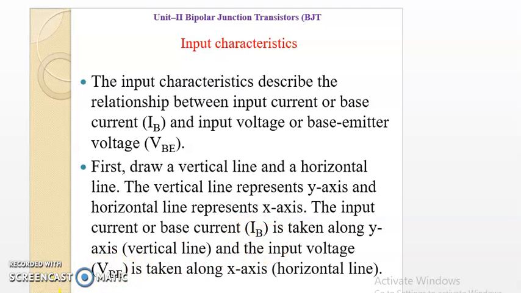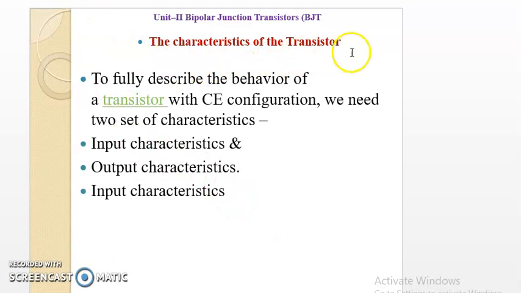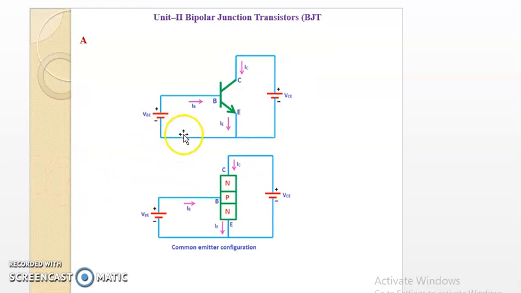So, in this way, the input characteristics of a transistor is nothing but the study between input current and input voltage, IB and VBE. Here you see, by varying VBE, what is the value of base current for a particular VBE. By varying VBE, IB is to be noted. Again, one has to take various readings and accordingly we plot a graph. Remaining matter tomorrow.